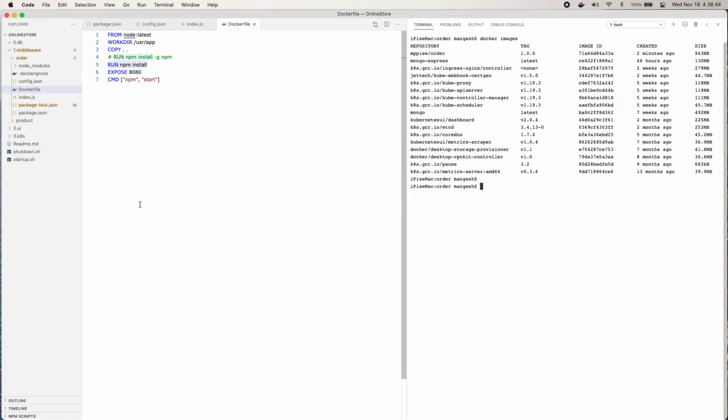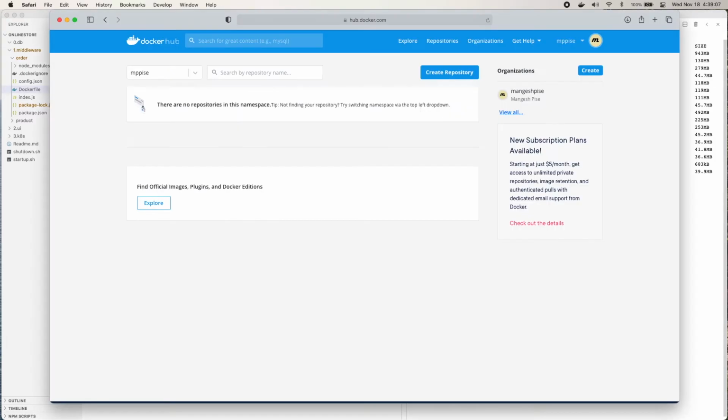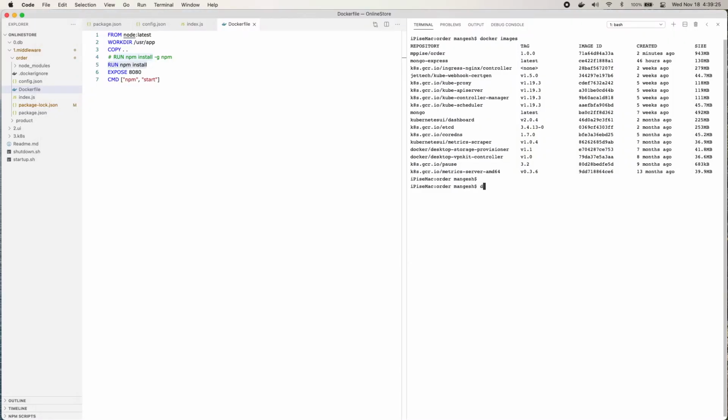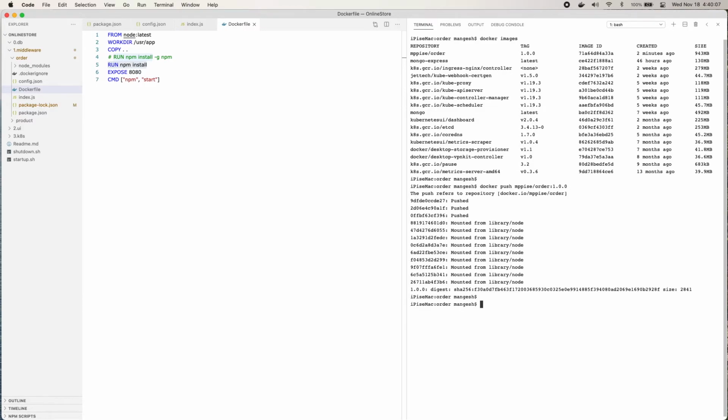Now I want to take you to the Docker Hub. We're going to take a look at the Docker Hub and first verify that no container image is available in the online repository. The command for that is docker push and the name of the application. We have to always make sure that we specify the correct tag so that the correct local image is pushed to the Docker repository. Now the Docker container image from our local laptop is pushed into the online repository,